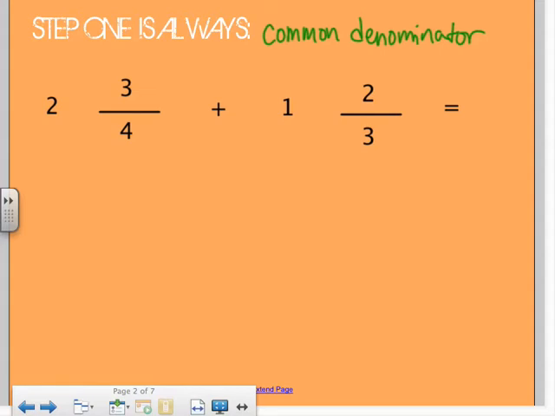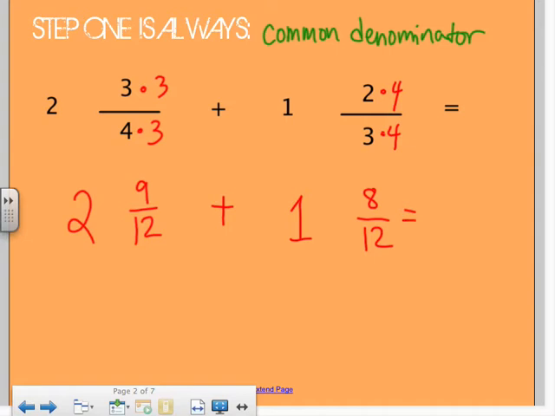the 2 and the 1 in this case. Okay, so we're just going to look at the fraction part now. 3/4 and 2/3. Common denominator I can do is 12, right? If I multiply this by 3 and this by 4, they'll both become 12ths. So this becomes 9/12, and the 2 just kind of tags along, plus this becomes 8/12, and the 1 just